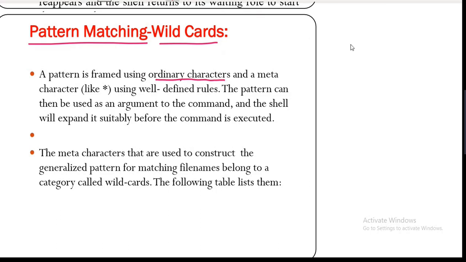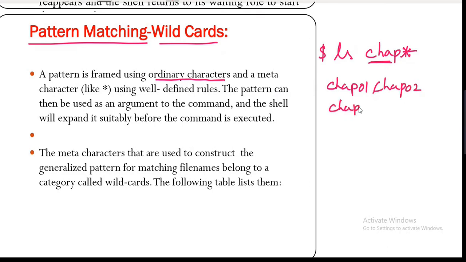Sometimes if I want to select only some set of files, starting with chop, followed by a meta character, what happens in this case? It is going to list all the files that start with the name chop followed by a number or any character. Normally you will get the output chop if it exists. You have to create some files like this, then you can apply this command. It will list all the files that start with this